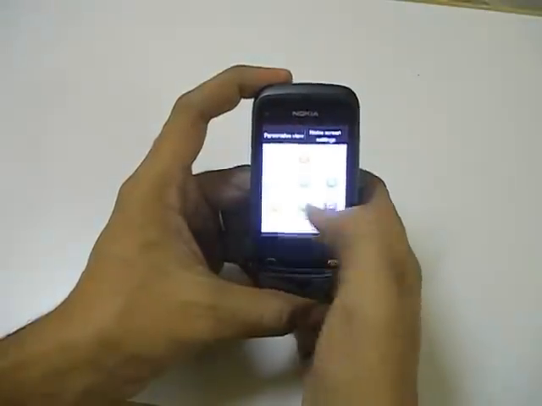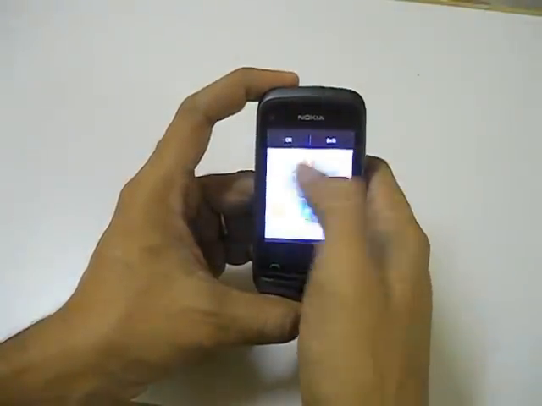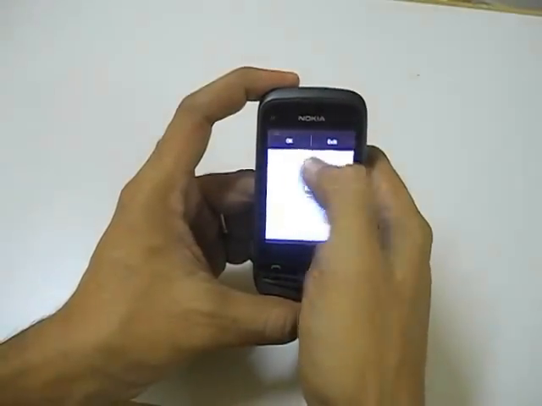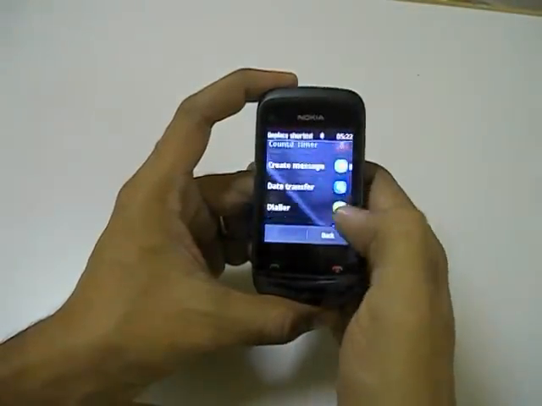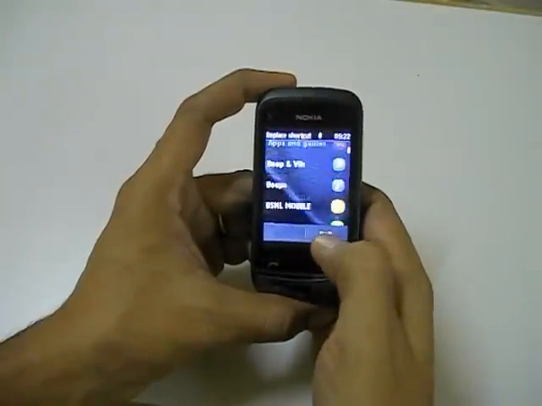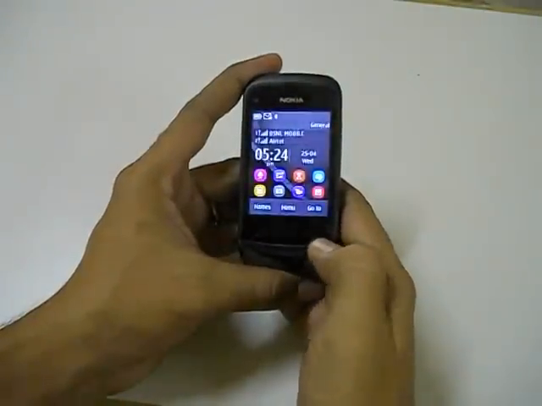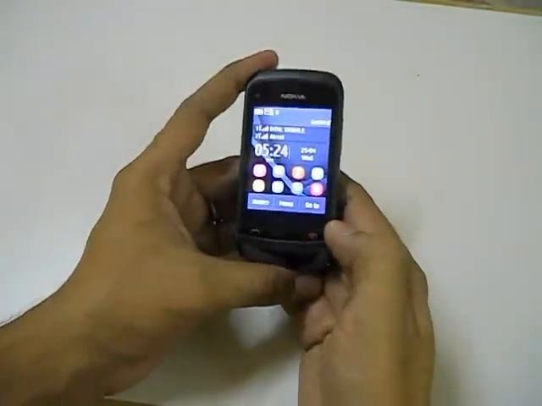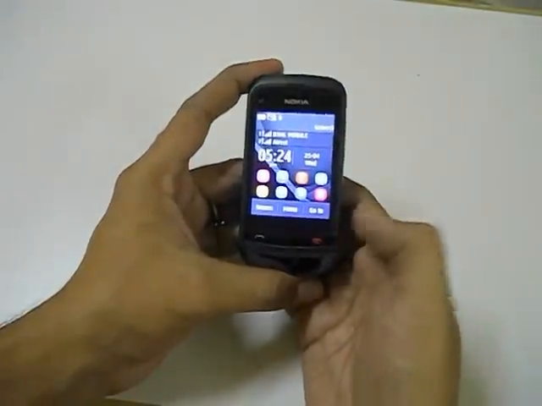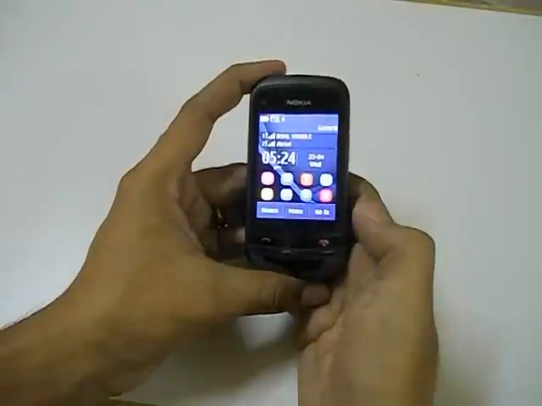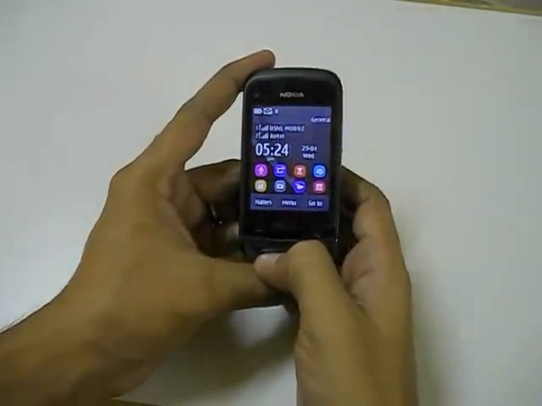To customize these shortcuts, click on personalize view on the top, and here you can add a different shortcut. You can select any of the available shortcuts here. This way we have several different applications which we can easily open from the home screen itself, be it from shortcut bar or from the go to menu or from the swipe gesture. This is about home screen customization.